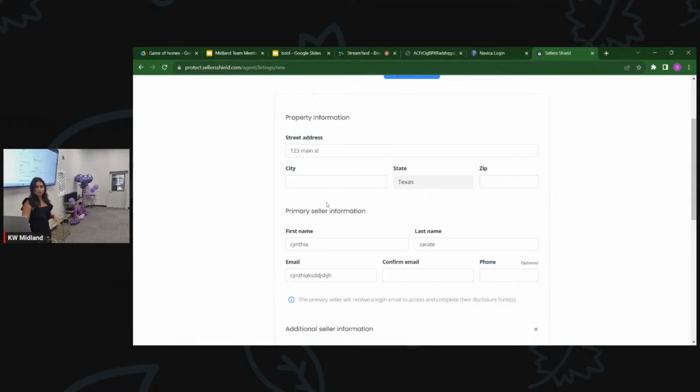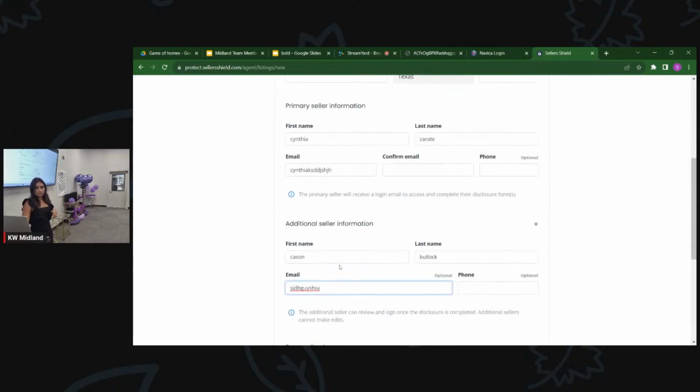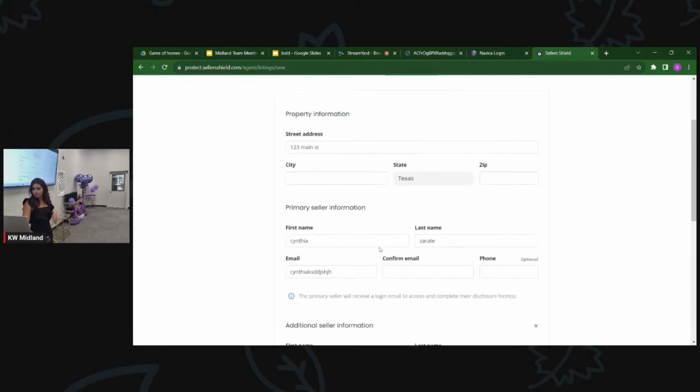So the first person, the primary, is the one who's gonna fill the whole thing out. So you ask them who wants to fill it out. I would have him fill it out because I don't know anything about the house. So he would essentially go there first, and then I would just sign. So the additional is just gonna sign, okay?